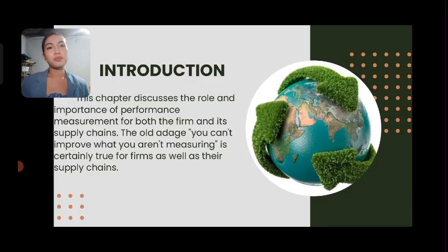For the introduction, this chapter discusses the role and importance of performance measurement for both the firm and its supply chains. The old adage, you can't improve what you aren't measuring, is certainly true for firms as well as their supply chains. In fact, a report by the Conference Board of Strategic Performance Management found that companies using performance measurements were more likely to achieve leadership positions in their industry and almost twice as likely to handle a major